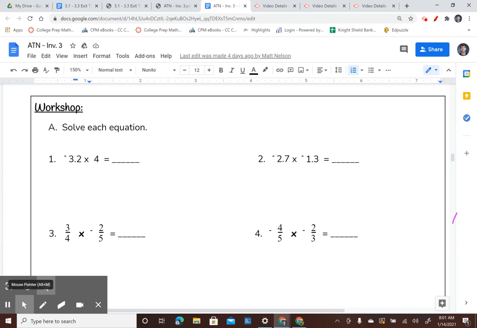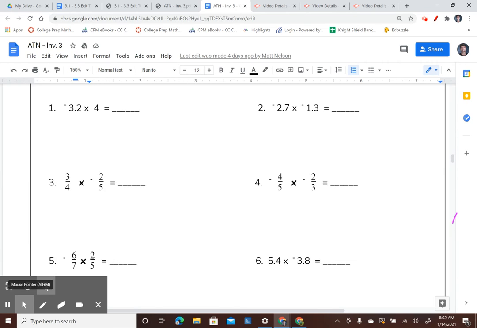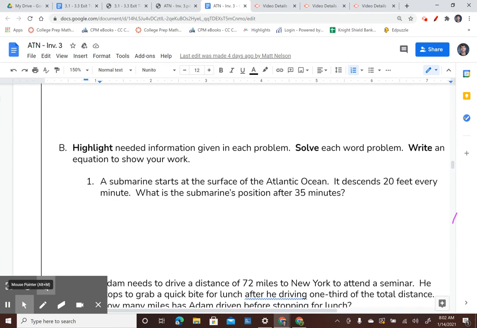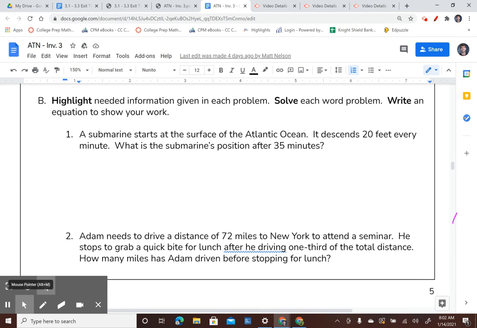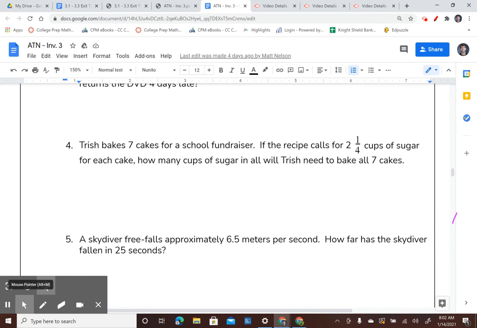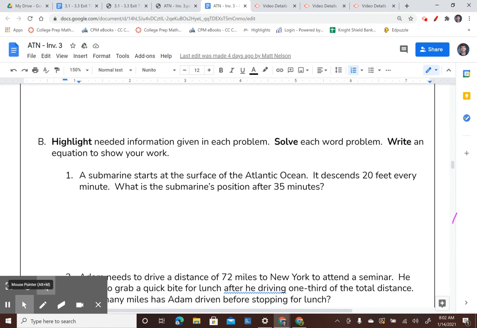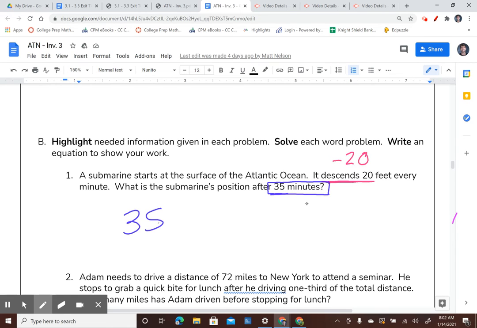Again, it's just like the problems we did in the last workshop, except now we have fractions and decimals as well. And then we have our word problems here in part B. And the key here is to highlight the important information. And so if I'm looking at this first problem here, I see descends 20 feet. So I'm going to see that as negative 20. And then the other number here is 35. All right, so now if I have positive 35